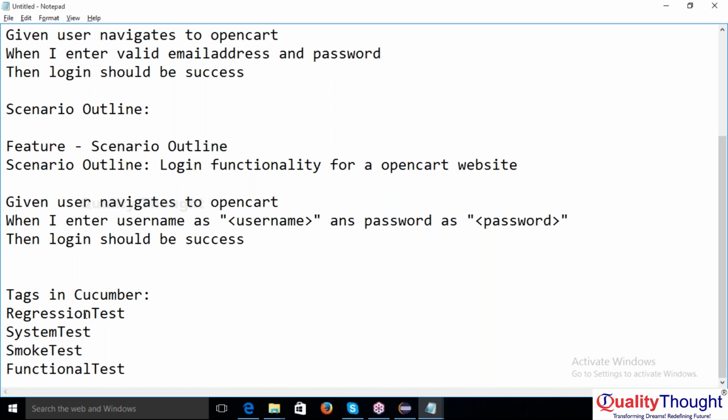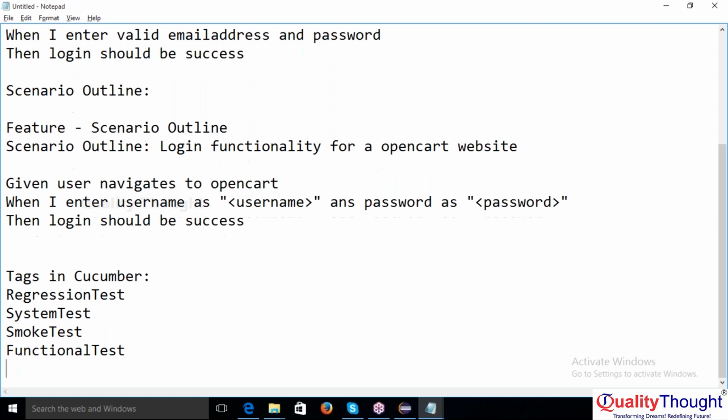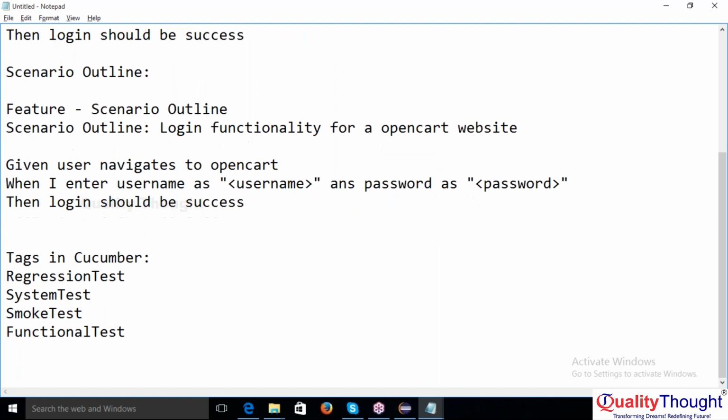In smoke testing format, how can we execute this? Suppose, for example, I have a project that I'm going to release to the end customer today. Before giving the release to the end customer, I want to review whether those scripts have been executed in the regression suite or not. Suppose I want to execute all the scripts in regression format and smoke format, then I'll create